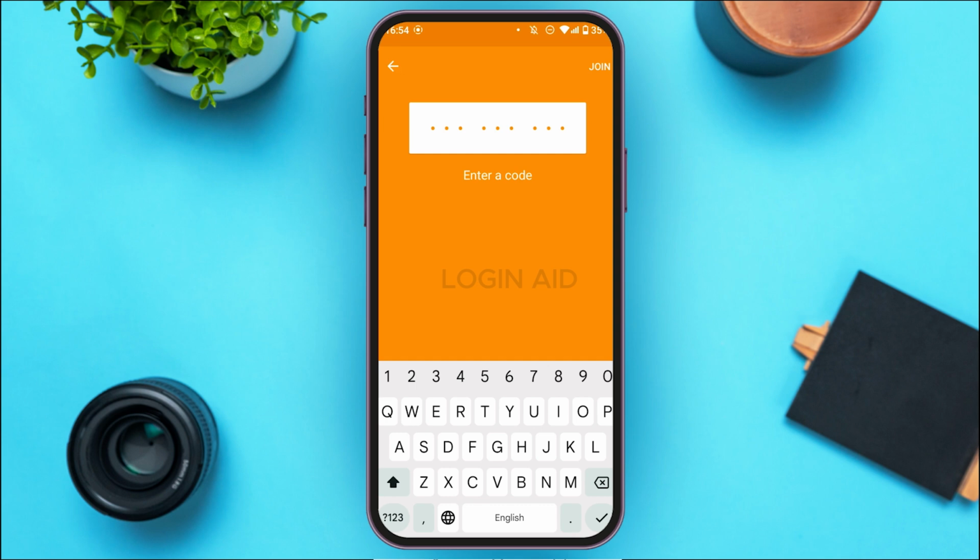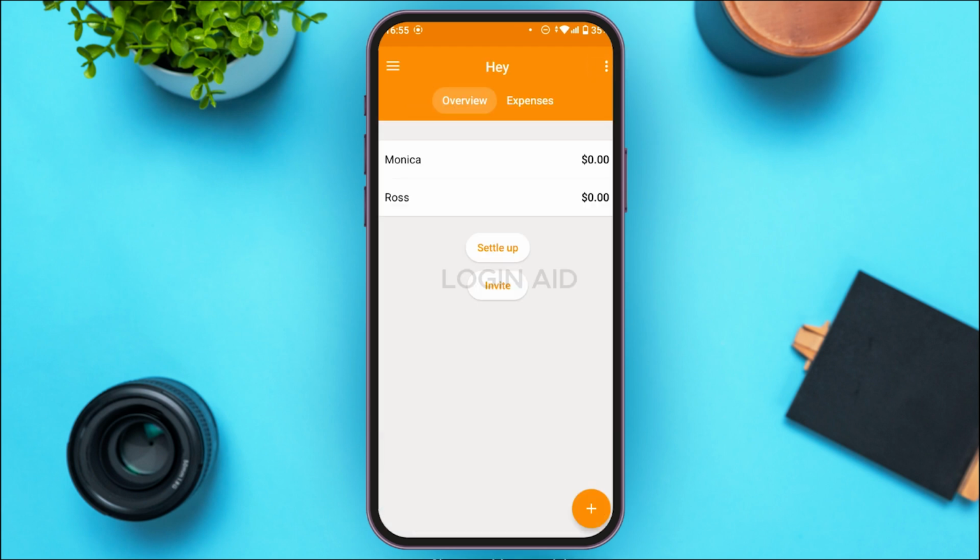Over here, what you have to do is enter a code. Simply enter the code of the group that you want to join. Now after you enter the code, what you have to do is tap on the join option that you can see on the screen. After that, you'll be able to join the existing group in Splid. So that is how you sign in to Splid